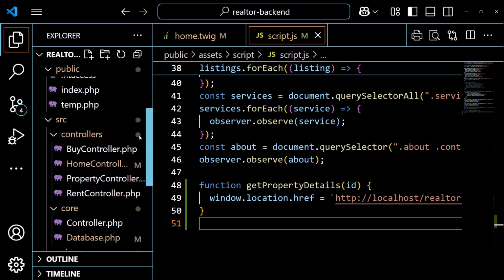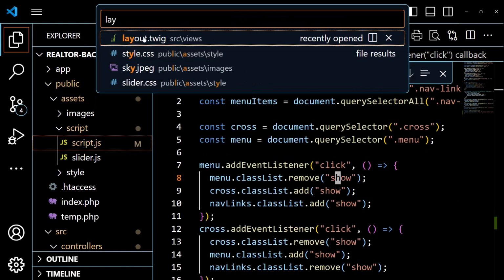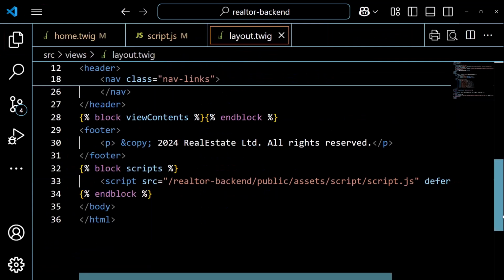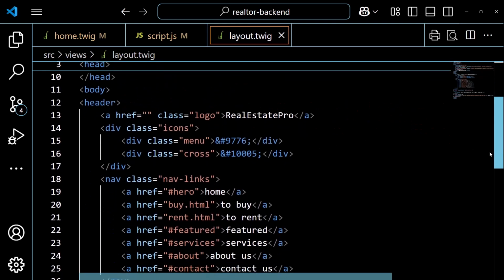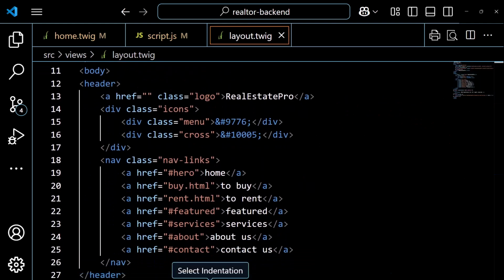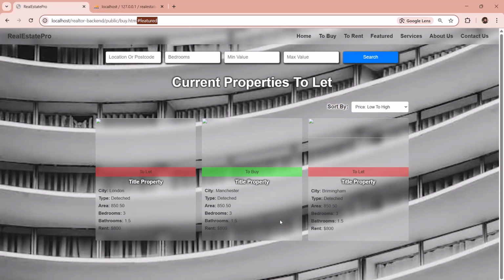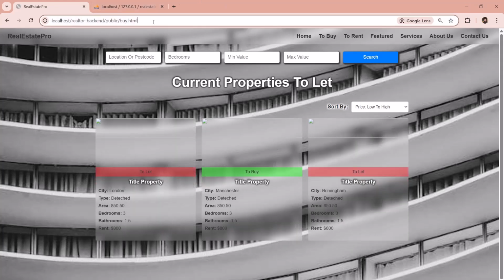If you remember, the header is defined in the layout.twig file. So let's go there. Let's go up. Okay, so we have to fix things over here. Everything which is hash based, we have to change it, because in the current state, this part gets attached to the current URL. However, we want it to get attached to the home page. Like this. So copy this